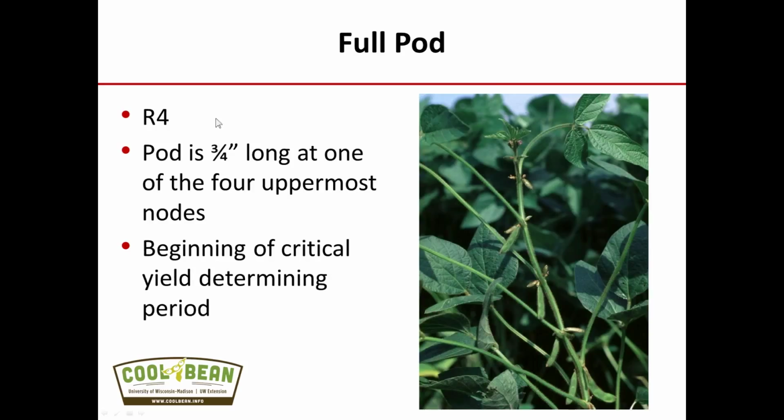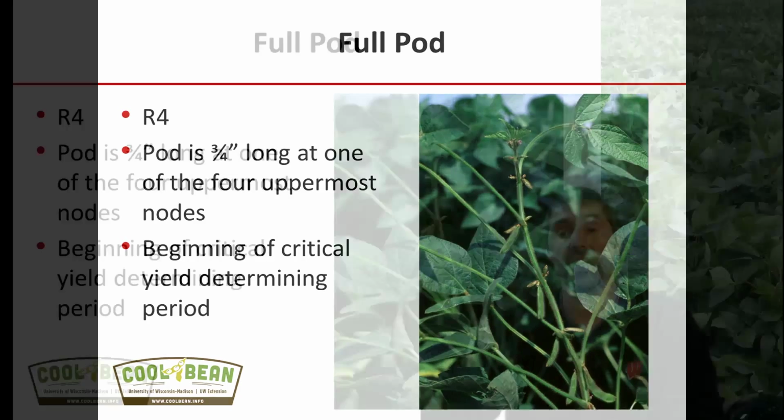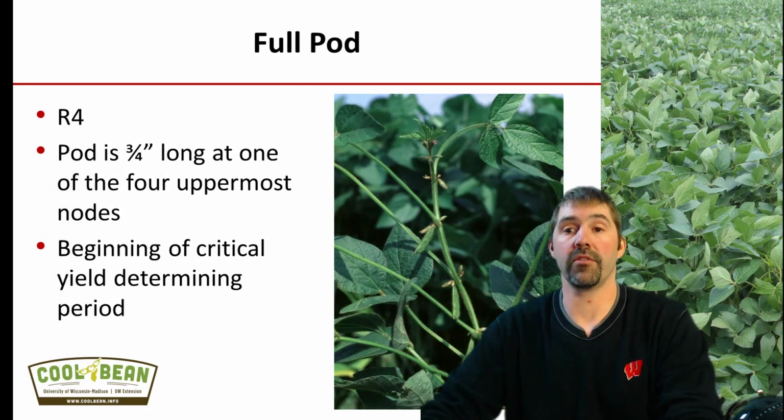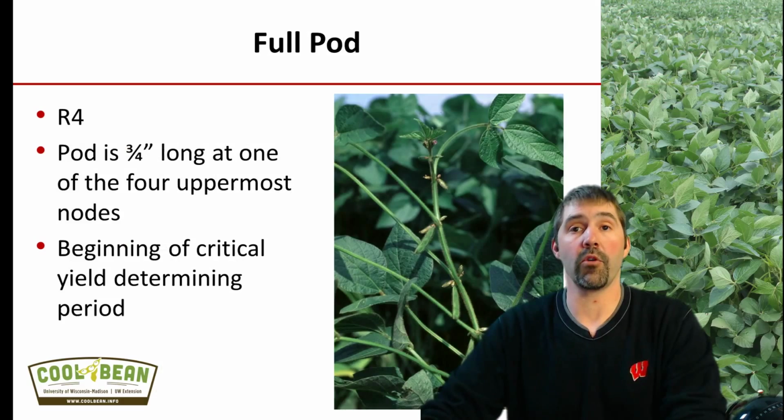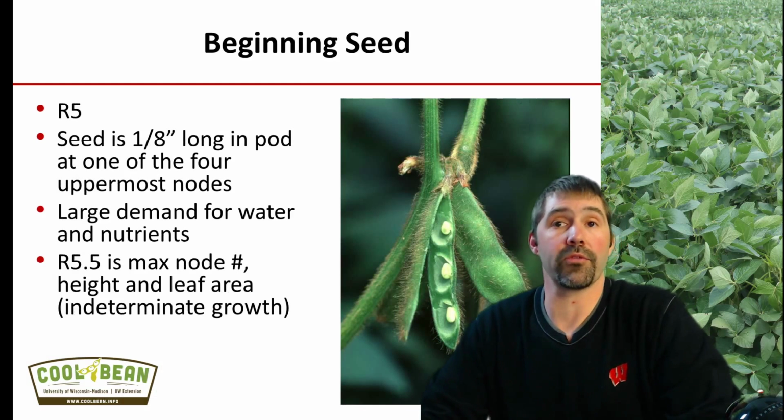The next growth stage is R4. This is when the pod is 3/4 of an inch long at one of the 4 uppermost nodes. This is where we really begin to see issues related to yield decline if we start seeing crop injury from this point forward. On the flip side, this is when we really see the yield increasing, as we start to set seeds and move into the beginning seed growth stage,